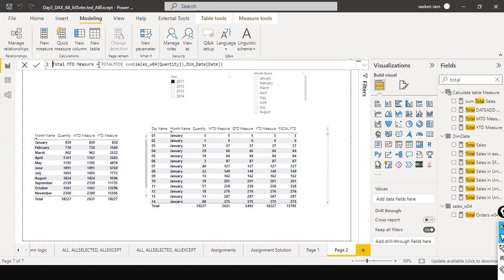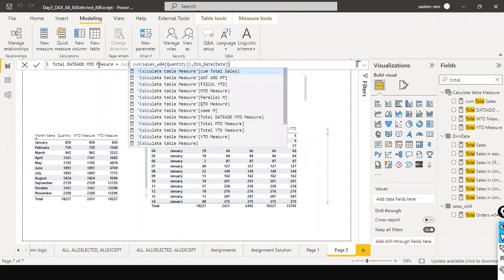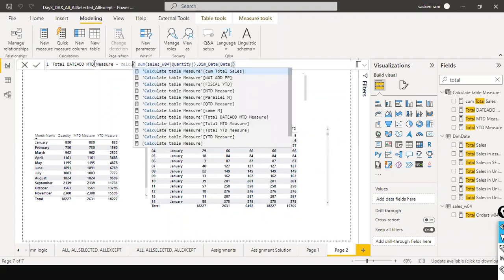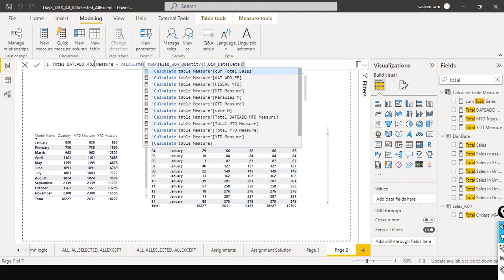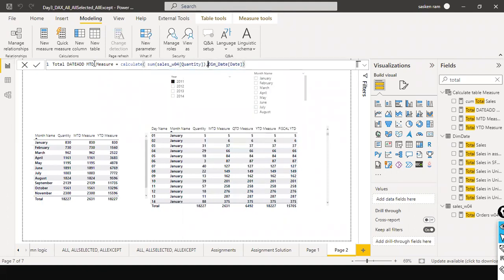And here, what I am going to do is total MTD, but date add. I'm going to use a function called date add instead of total MTD. But in the case of date add, you need to use the calculate function. Okay, you need to use the calculate function. Sum of sales quantity. Here, you need to use date add,